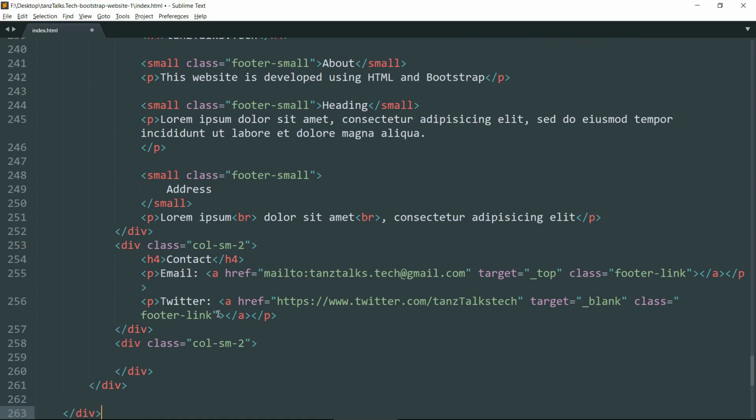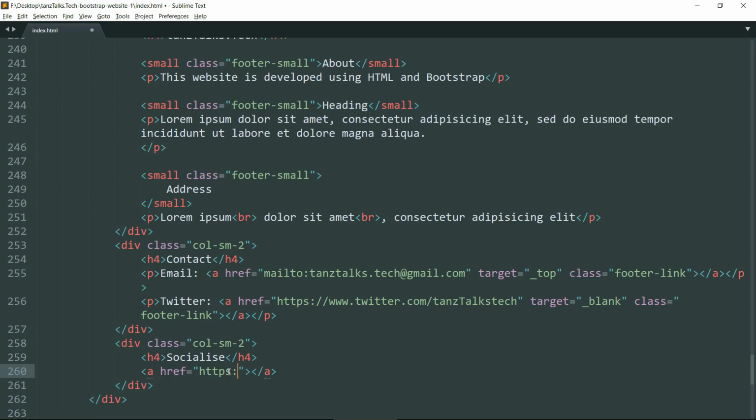Now drop down and under the next div tag create a h4 tag and write socialize. Close the h4 tag. Drop down and create an a tag.